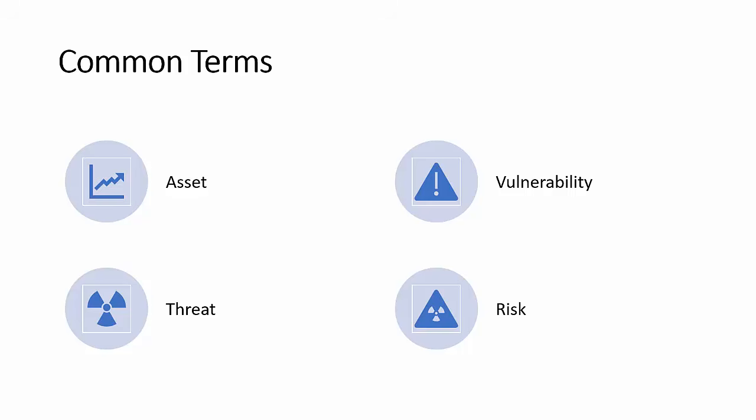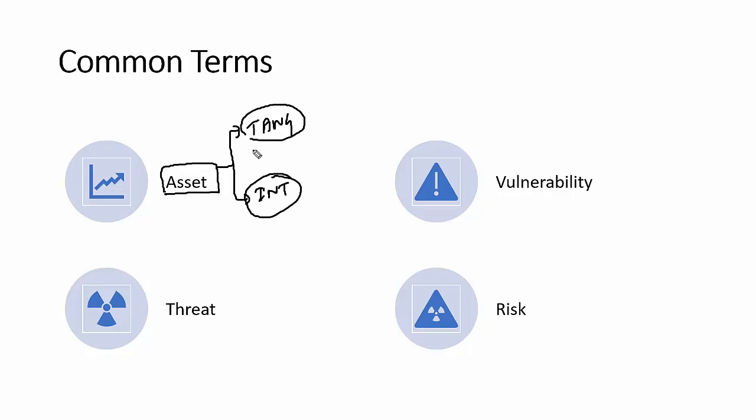Before starting risk management in detail, we should know the basics first, because unless you know the basics, you cannot understand risk management. Some basic terms, for example, asset. An asset is anything which creates value for an organization. And we have two types of asset: one is called tangible and one is called intangible. Tangible is anything which is a physical asset, intangible is anything which is a logical asset.